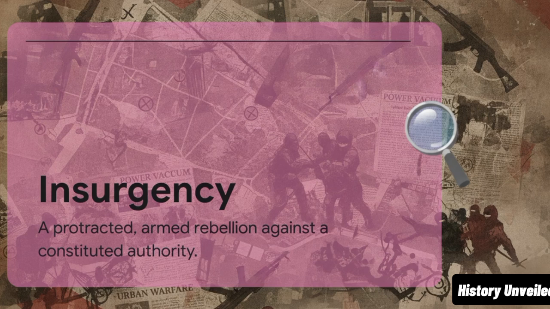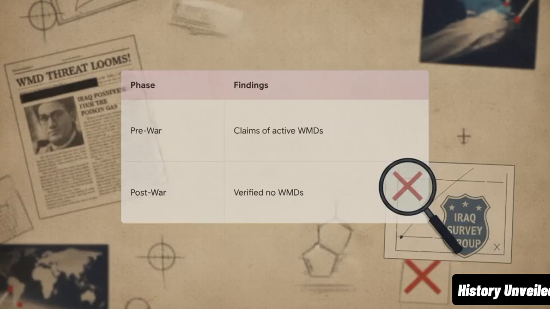Instead of immediate stability, coalition forces suddenly faced a highly complex web of Ba'athist remnants, Al-Qaeda in Iraq, and sectarian militias. It sparked years of brutal urban warfare that would severely grip the country. Now, what's really interesting about this is how it formalizes the final conclusions of the intelligence timeline we touched on earlier. While the insurgency raged on,